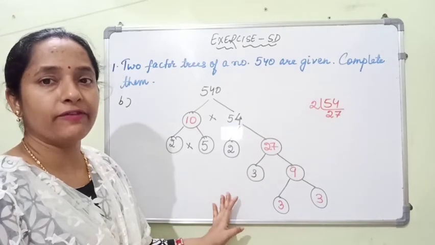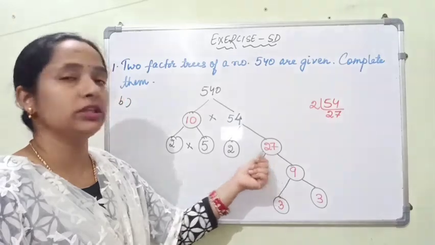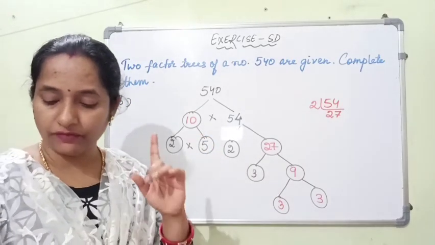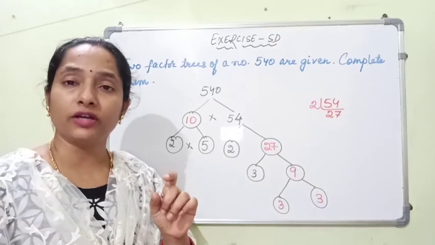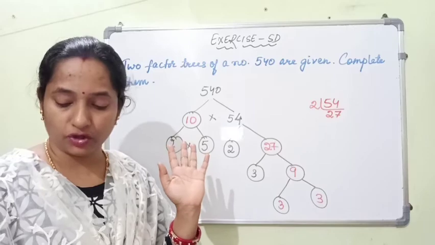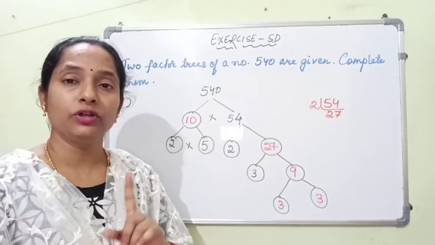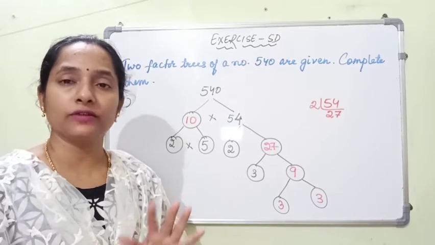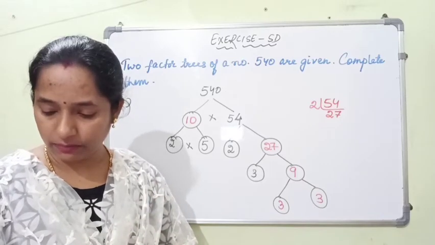Okay, this is the way you have to take help of the short division and try to find out the numbers which you are not given. So in the first case, where you are given the 540, which one I have not done for you, the prime factorization by factor tree method, you have to do it by this method only. So take help of the short division method and try to fill the empty places.